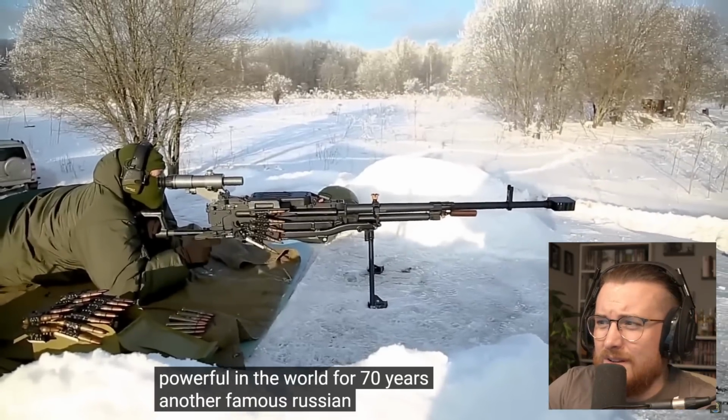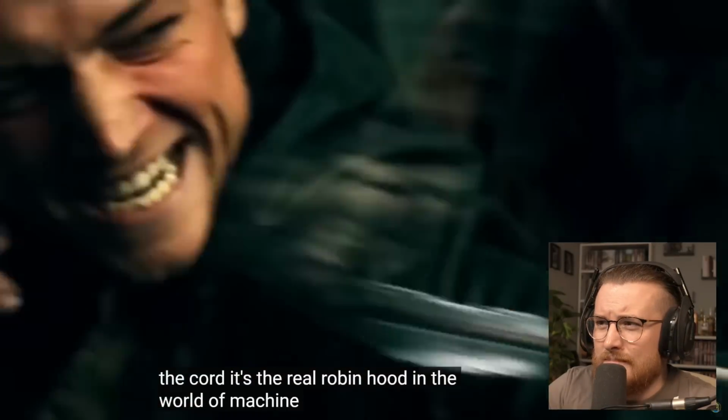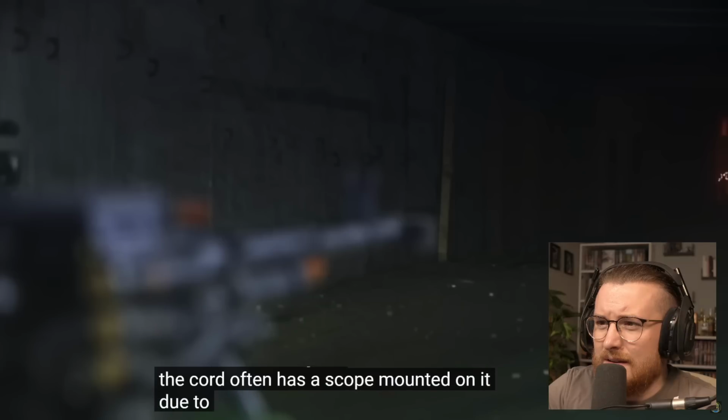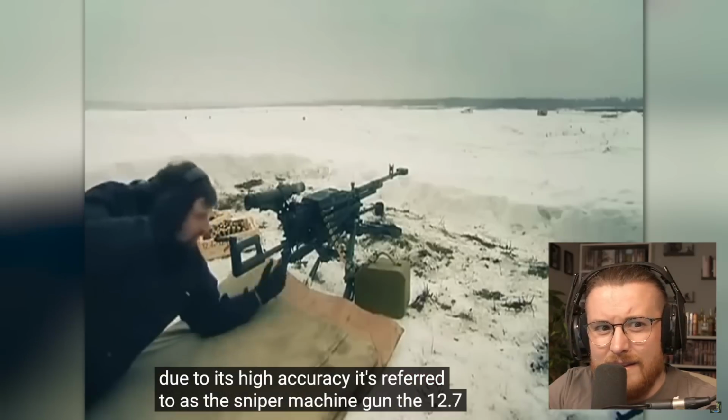Another famous Russian machine gun is the Kord. It's the real Robin Hood in the world of machine guns. The Kord often has a scope mounted on it. Due to its high accuracy, it's referred to as the sniper machine gun. The 12.7...